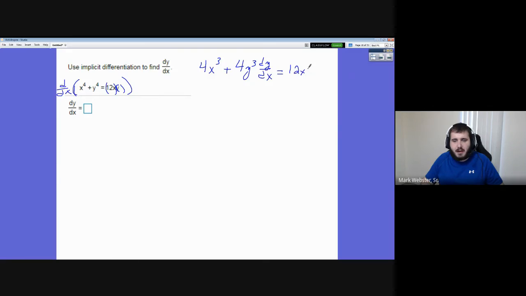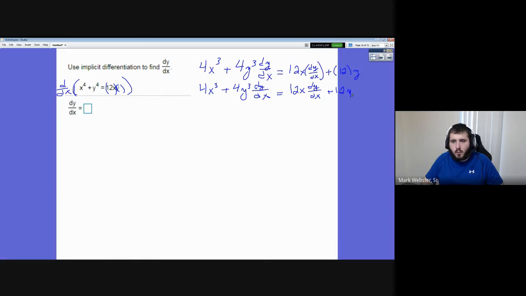Left d right, so we've got 12x times the derivative of y, which is just dy dx, plus right d left: the derivative of 12x is 12, and then y. So let me rewrite everything to make it look all nice and pretty. We've got 4x cubed plus 4y cubed dy dx equals 12x dy dx